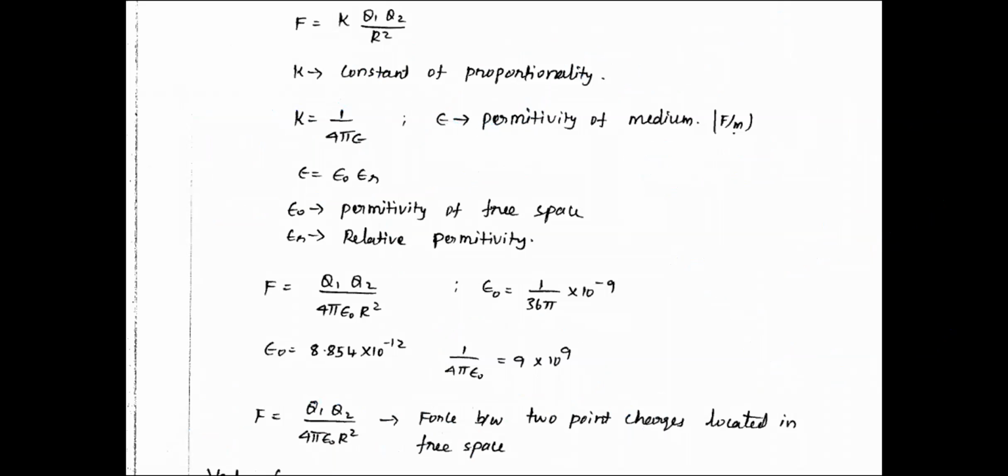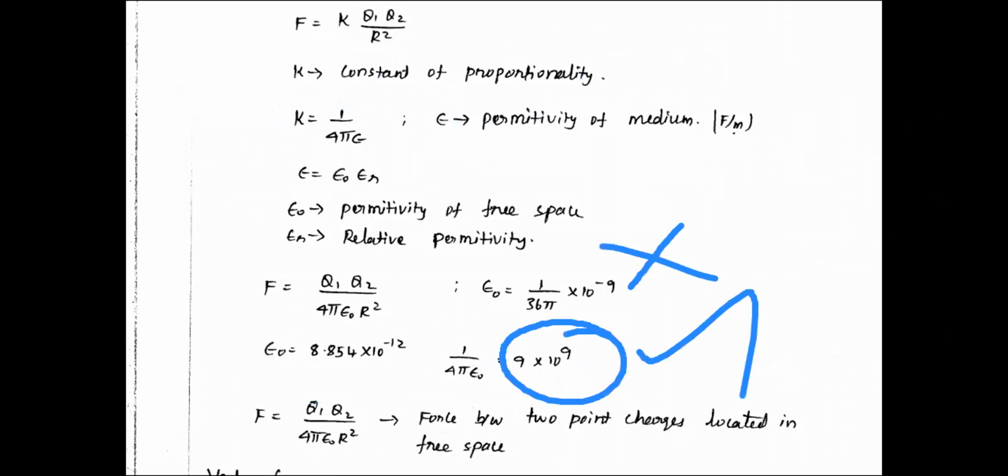See, you should remember this value. If you are not able to remember this, then definitely you will not get an answer. Even if you don't want to remember this, please remember this, because from this you can derive anything. Once you know this, you can derive this, or once you know this, you can derive this. Any one of these, please remember. And anyway, already you know this value. What is epsilon naught?